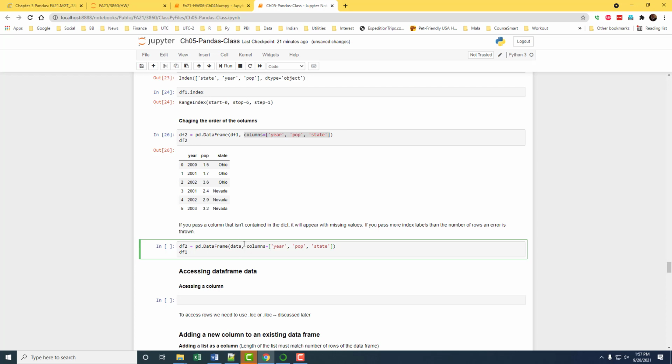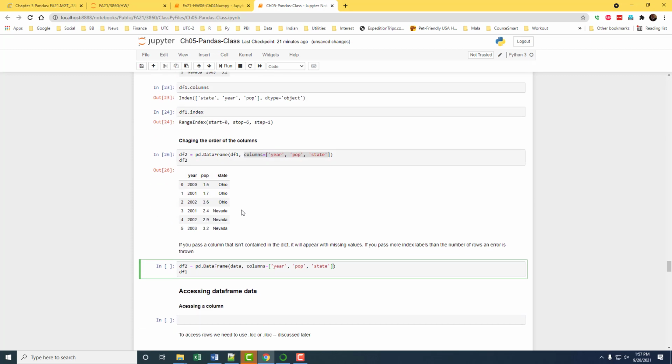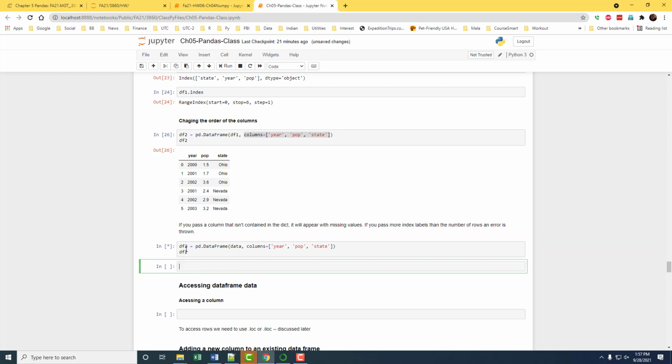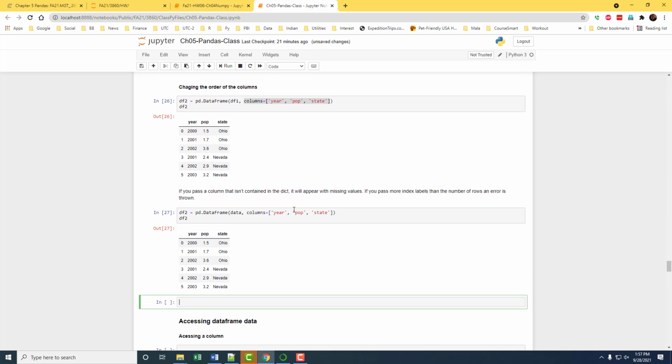So here is the dictionary. Remember, data is the dictionary that we created here. We could do that as well. You change the order, and then it changes the order here. But what if you